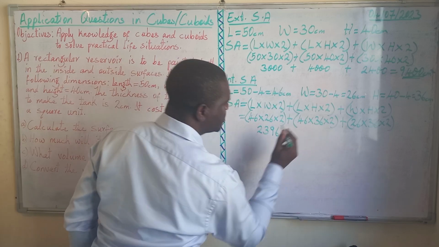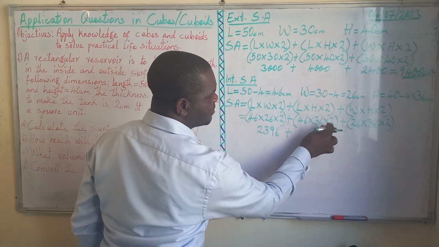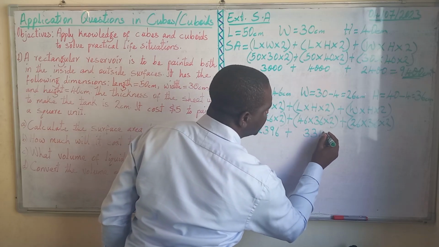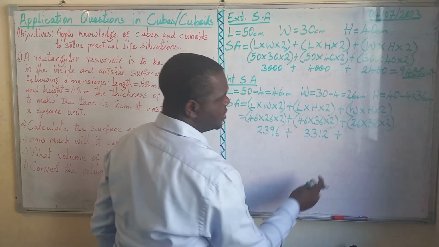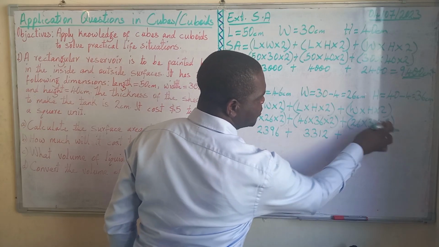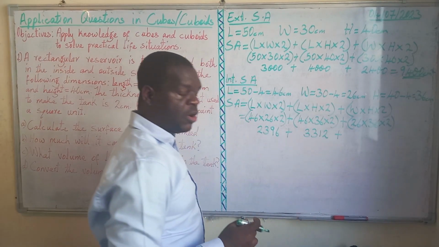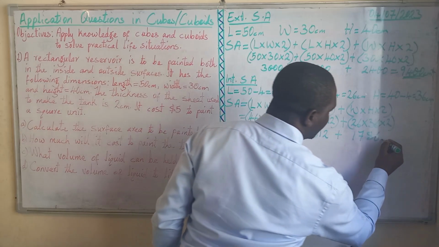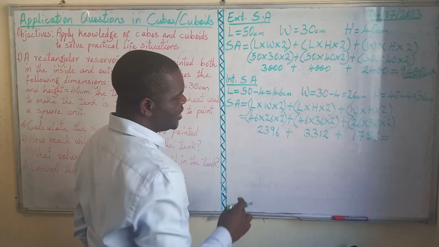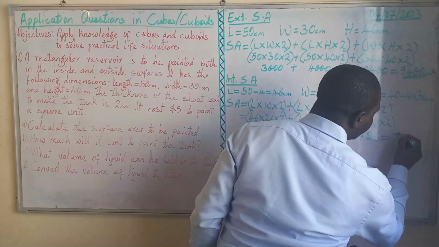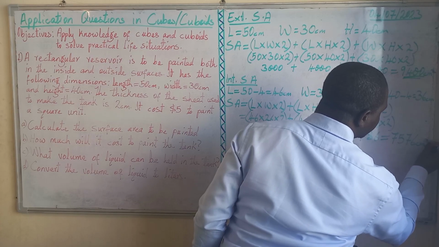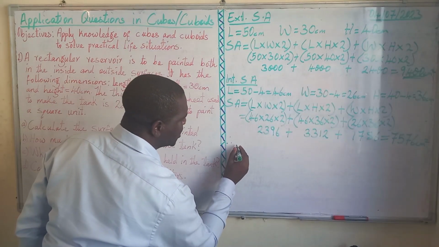2,392 plus 46 times 36 times 2 is going to give 3,312 plus 26 times 36 times 2 is going to give a total of 1,872. And if you add this carefully across, it's going to give a total of 7,576 centimeters square. Therefore, total